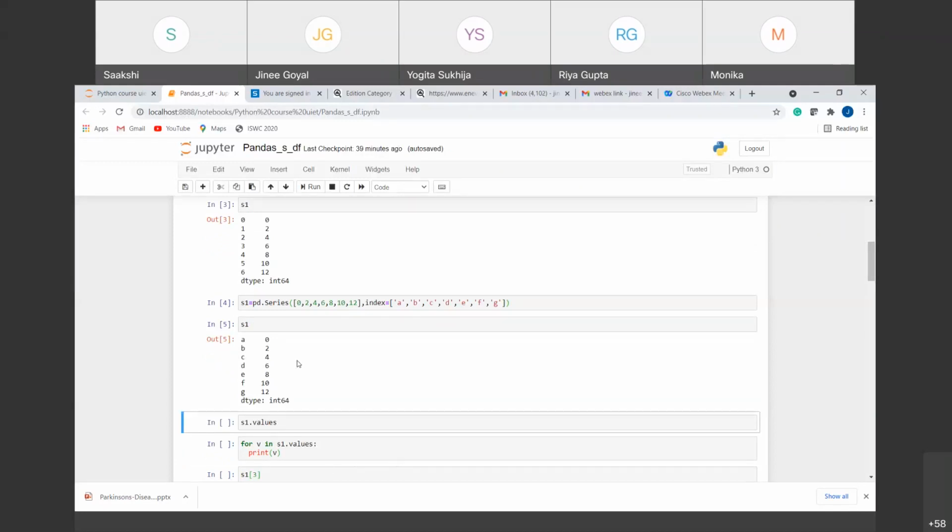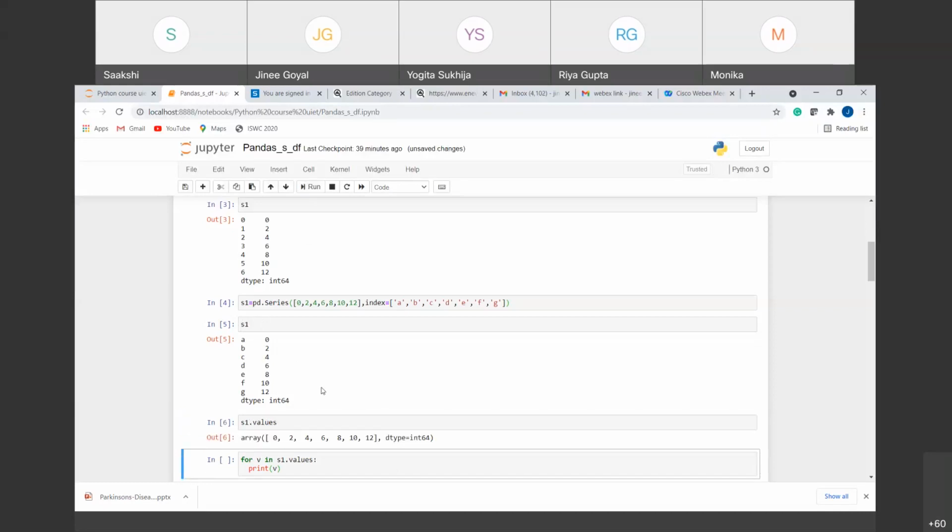Based on the same thing, series have an inbuilt functionality, values, that directly gives us the values, right? So if I want to get the values out of a series, I will give the name of the series dot values. If I run this, you can see that we have got an array here.